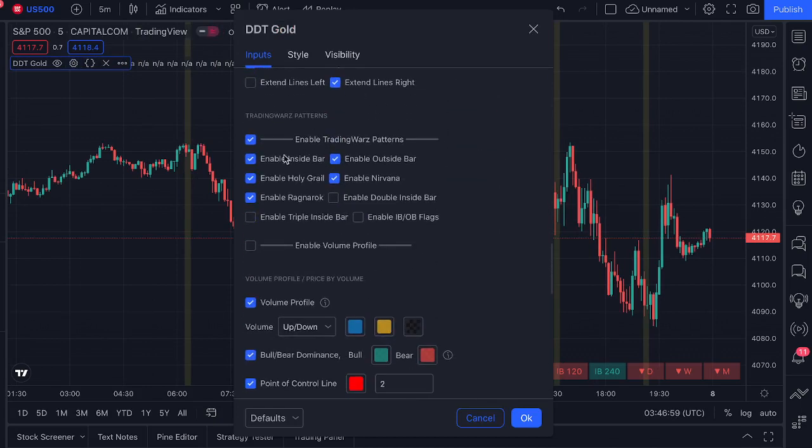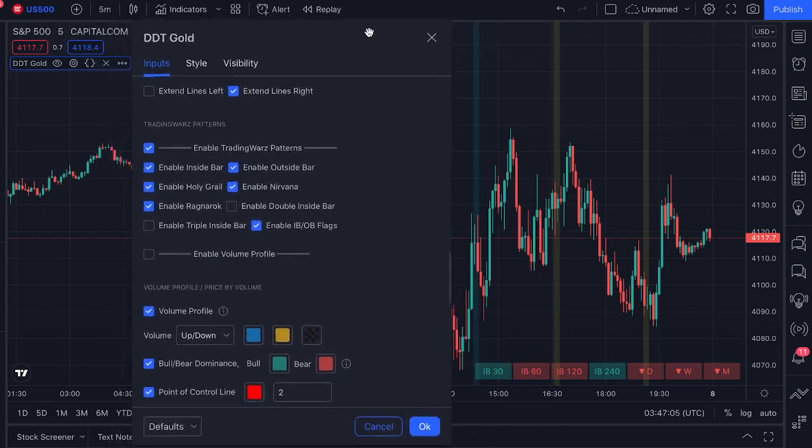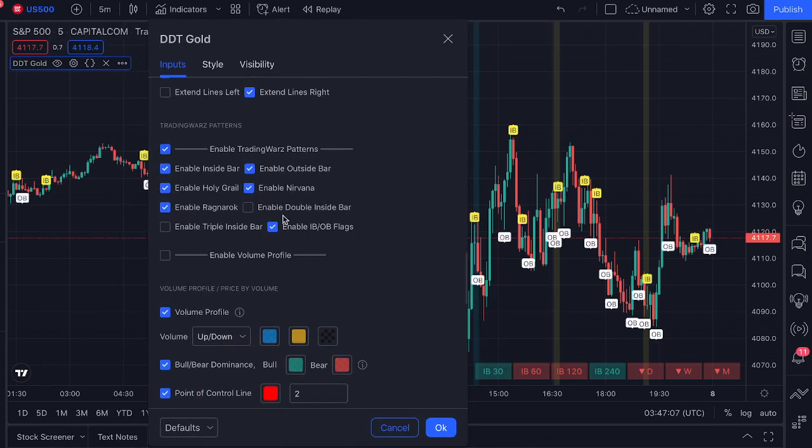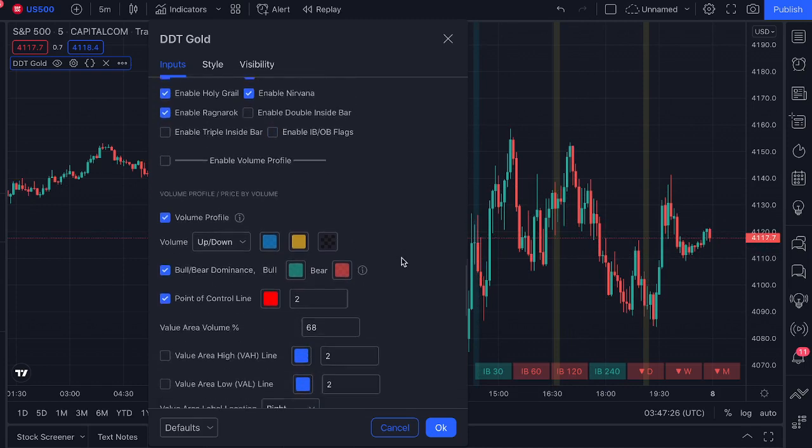And so you can come in here and turn all those on. You can flag your inside bars and outside bars. So one of the things about this indicator too, it's got a lot in it. And so whenever you make changes, it just takes a second to load. So be patient with it. But if you're new to the inside bars and outside bars, this can be really helpful to identify them, as well as these additional patterns here too. So, all right, next